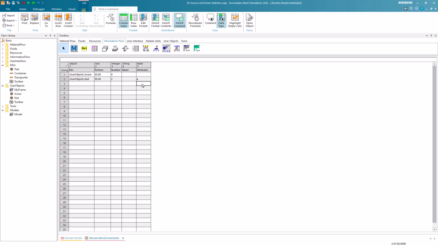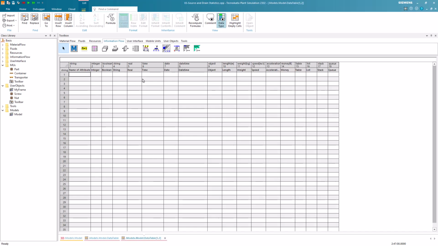You can now double-click on that cell to open the subtable. In this table, we can provide further information about the part. You can provide a name for the attribute in the first column and specify its value by choosing a column that reflects its data type. You can provide, for example, the cost of a part by typing cost in the first column and then specifying a value for it in column 14.